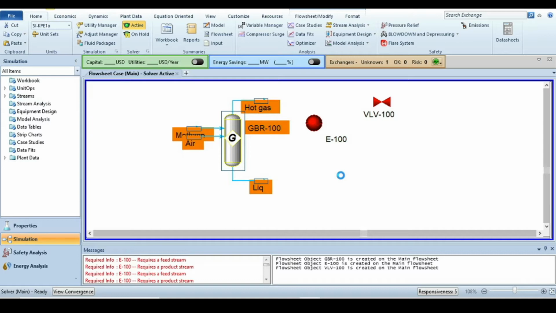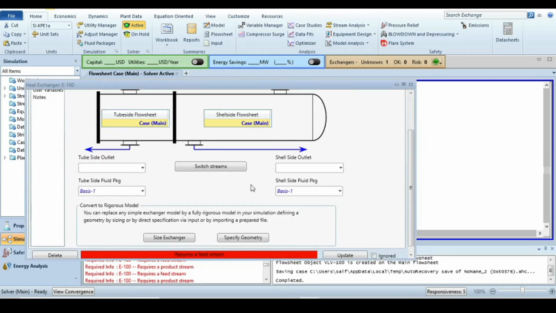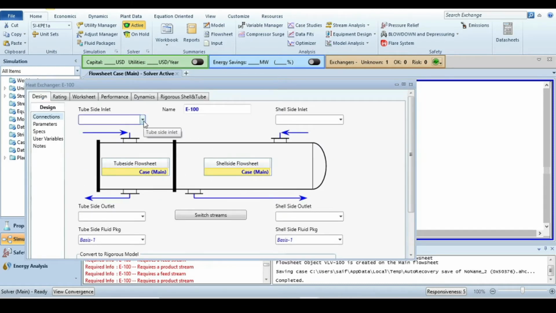Just close this, and after that double click on the exchanger. The hot gases are passing through the shell side, so on the shell side I will give hot gas, and the outlet is